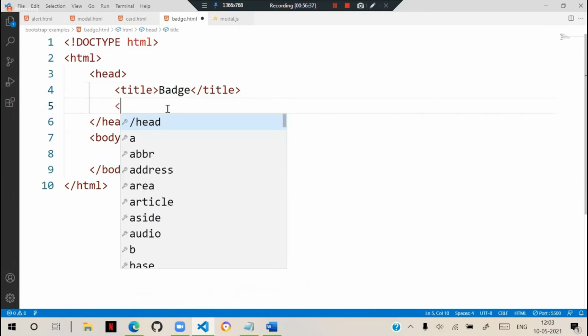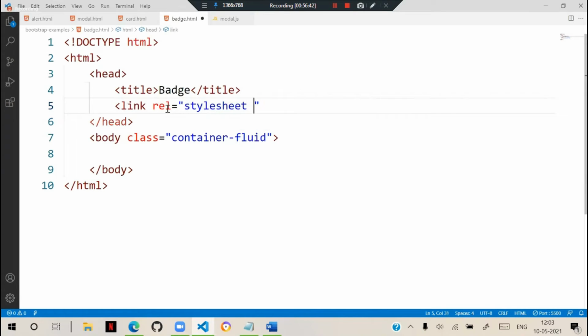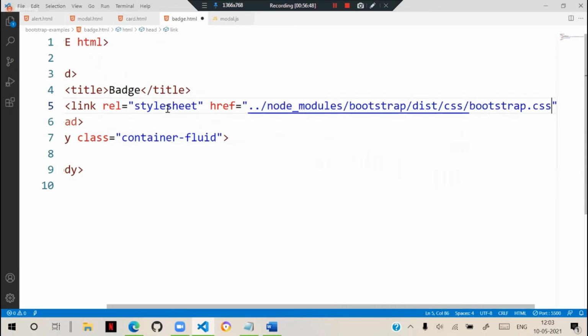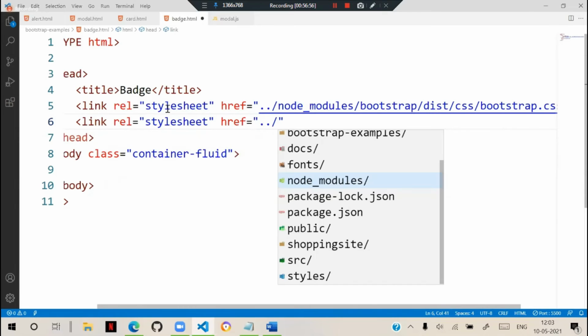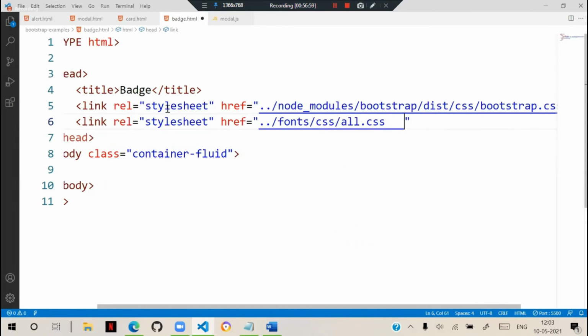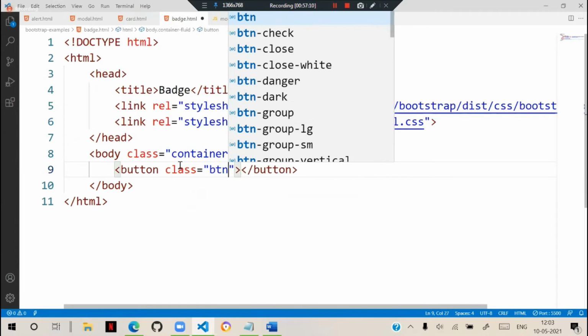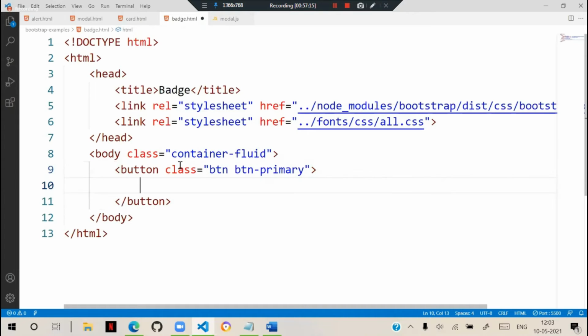In the head, I will link rel equal to stylesheet, and the href is node_modules bootstrap.css. I will link another rel stylesheet, and the href is fonts css all.css. That is Font Awesome. And here we will keep some button, and here I will add class as btn btn-primary, and here I will give a simple span.